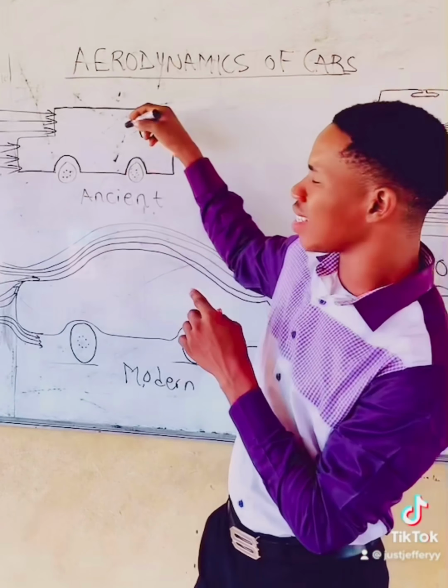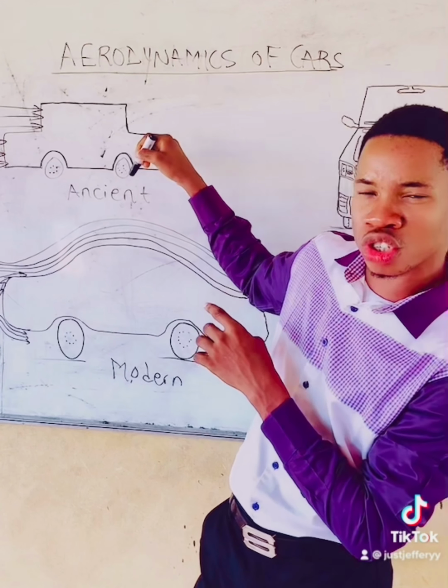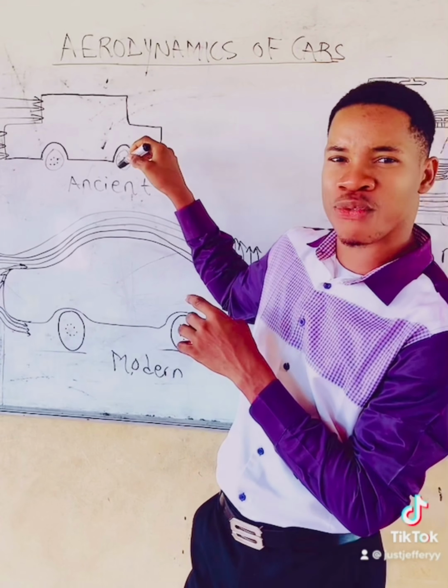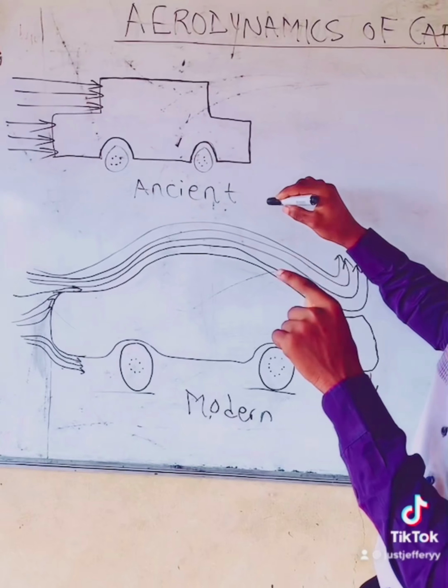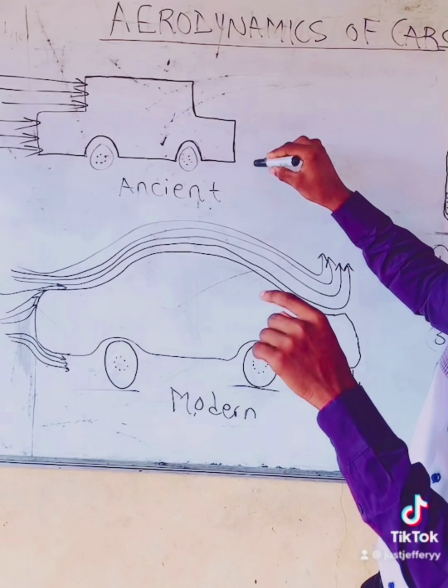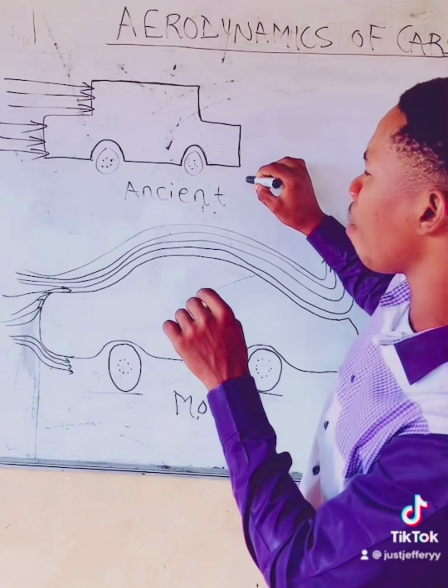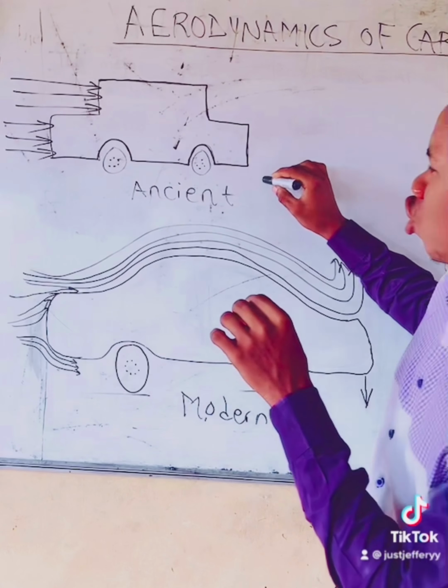Take a look at these vehicles. In ancient times, this is how the vehicles they produced used to look. They consume more fuel due to air resistance. These cars consume more fuel while in motion in order to overcome the air resistance during movement